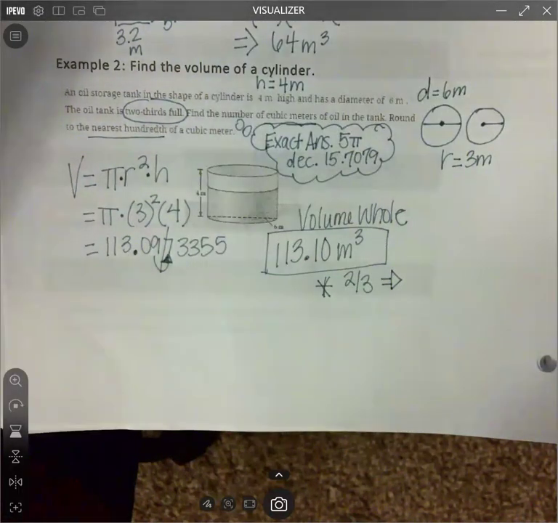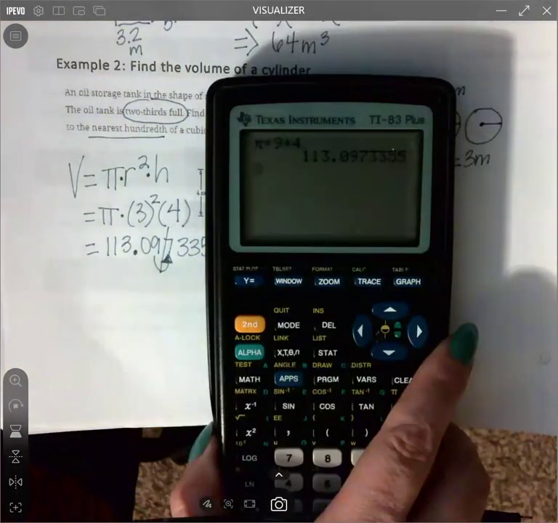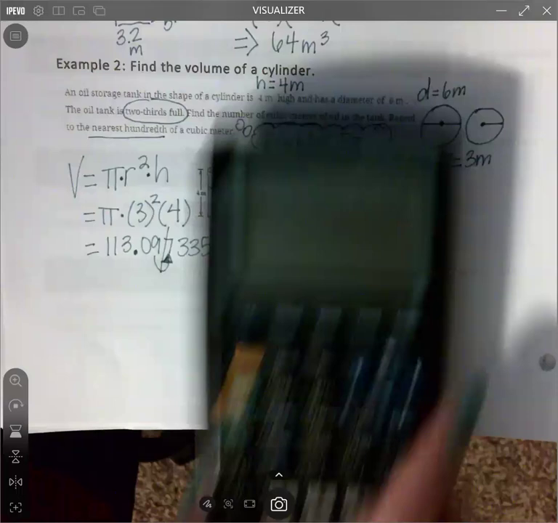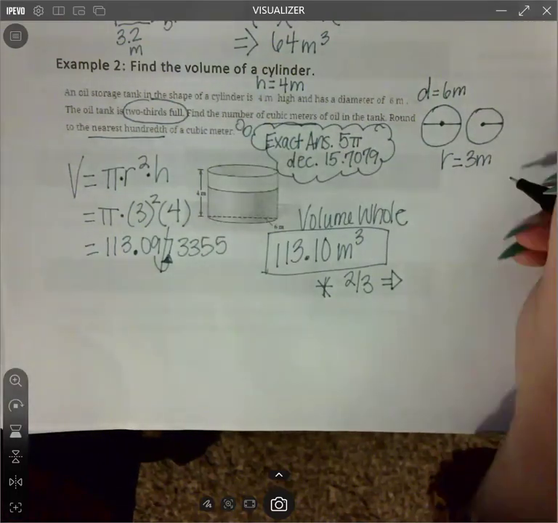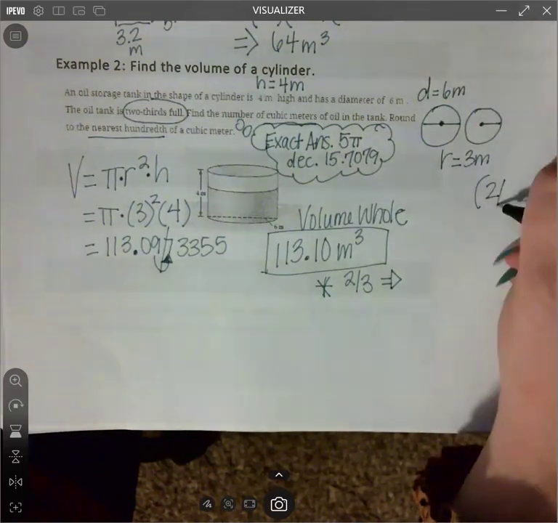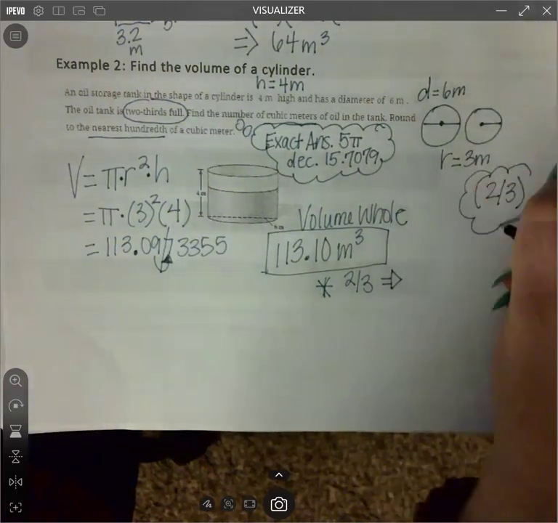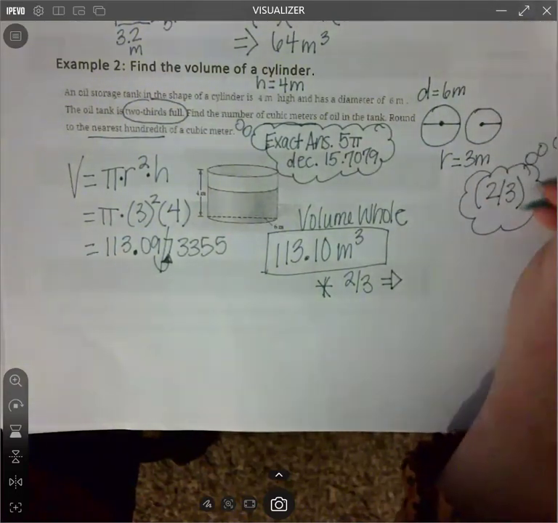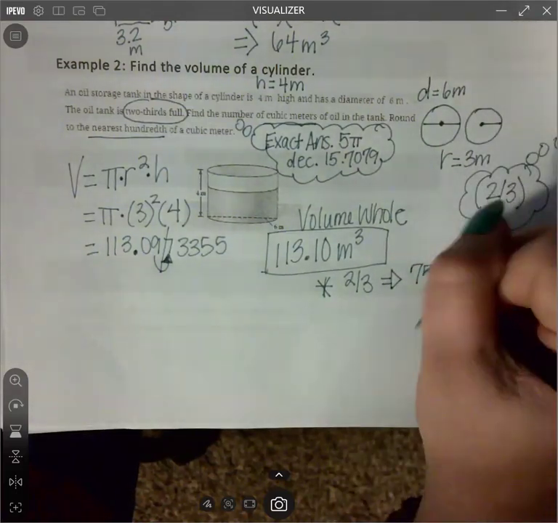So I'm going to grab my calculator, and I still have my 113.0973355 on the screen. I'm going to use that and multiply by 2/3. Now, to put 2/3 in your calculator, it depends on which kind of calculator you have. You might be able to use an ABC button, or you might just have to do parenthesis 2 divided by 3 parenthesis. So keep that in mind as well, that you need to make sure and know how to do that on your calculator. When I multiply by 2/3, I get